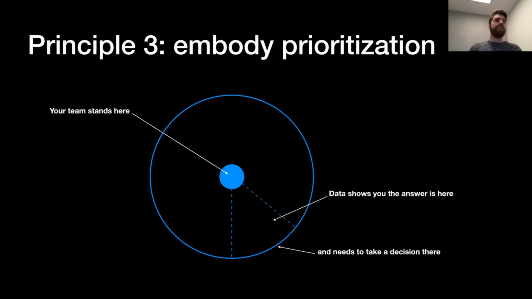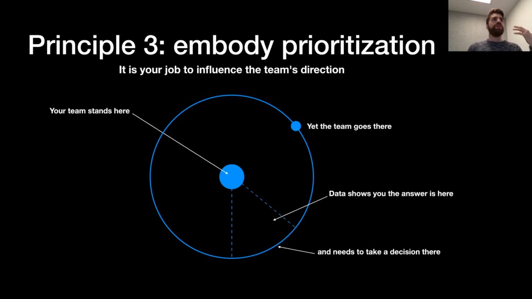And to retake the example that we had earlier around data helping identify an arc of possibilities, if data identifies this arc that I highlighted here and the team actually decides to go in another direction, it is your job to really hold the team accountable, to influence the team's direction and eventually land on what makes the most sense. And I think that actually hints to one of the most important parts of what we do, which is that we have to keep people honest in teams